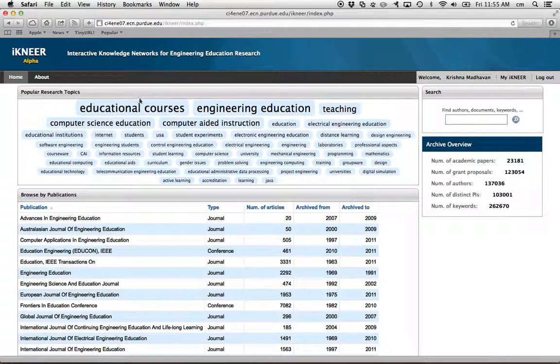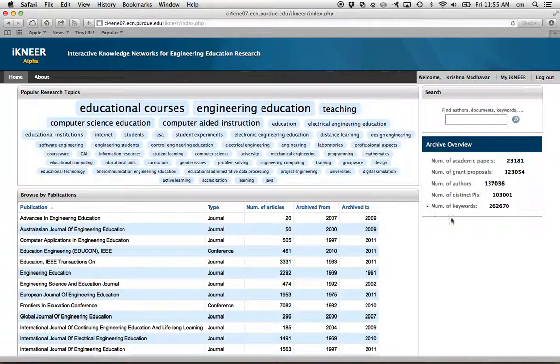At the very top of the page, you see a list of key phrases that are machine extracted from all of the data that we archive in our system. These are key phrases, meaning that they are not independent words. We try to preserve as much of the context as possible, and we use a variation of an algorithm called TF-IDF in order to generate this, and this is pretty machine intensive. So I will point out that we have described this in our paper.